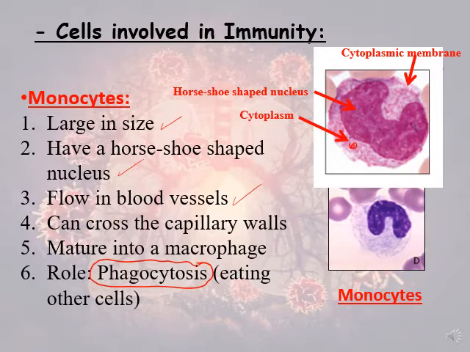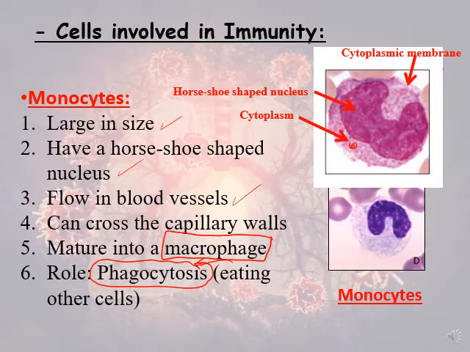So when this cell, monocyte, becomes a mature, well-developed cell, it becomes a macrophage that has a role in phagocytosis. What is the meaning of phagocytosis? It can approach toward other cells and it can eat this cell. This is called phagocytosis. Phago, eat, cyto, a cell. So eating other cells is called